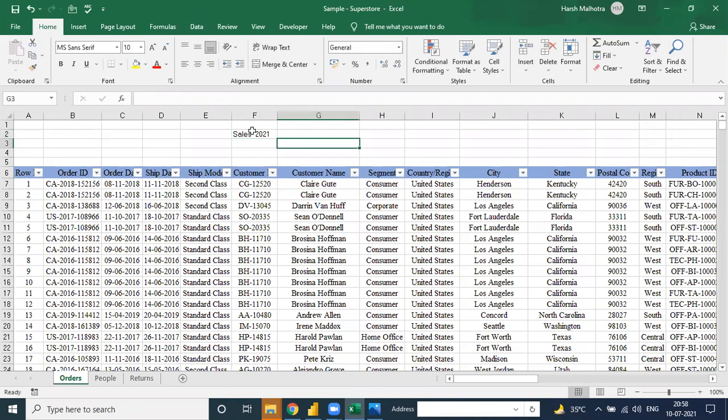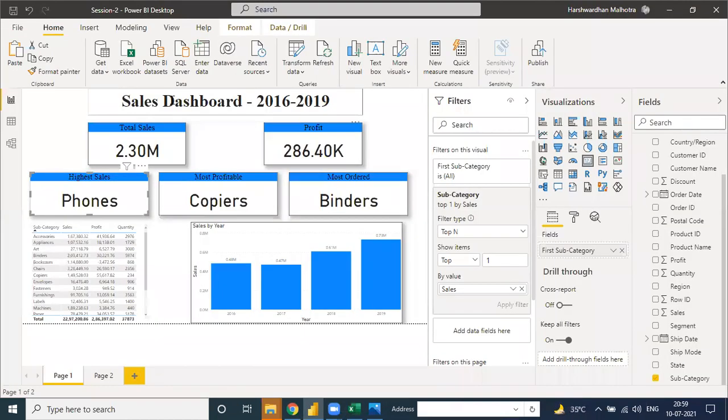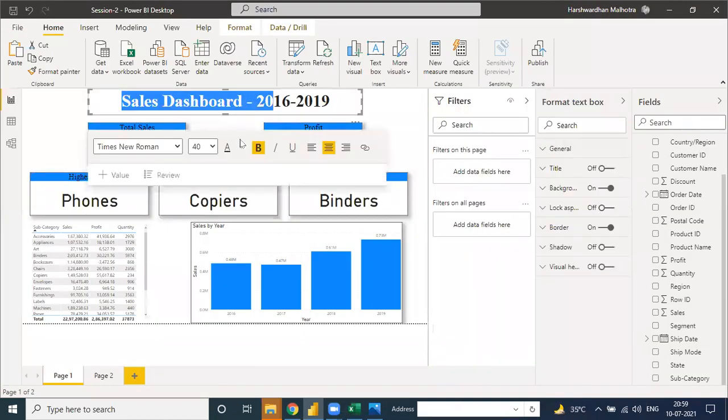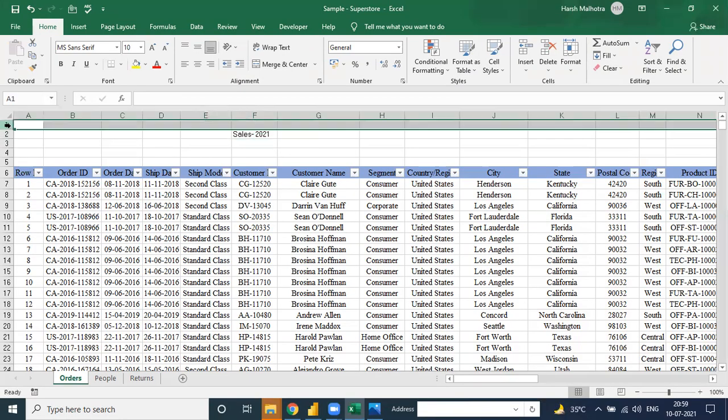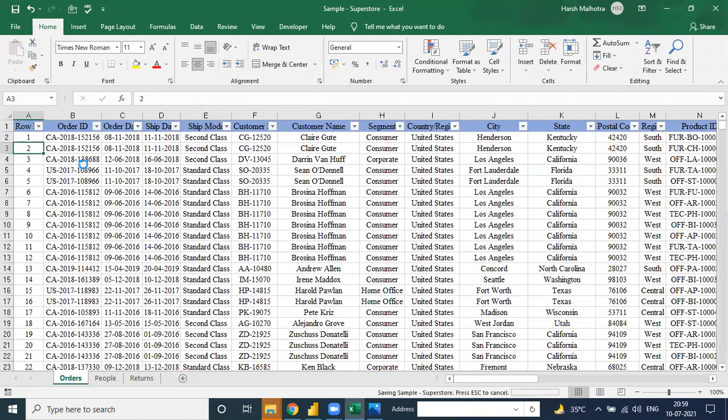We don't need this, because we can write it here in the upper part as the sales dashboard. So we don't need it in Excel, and that's why we need to delete this kind of thing. That is called cleaning. That is a part of transformation under the cleaning kind of task.